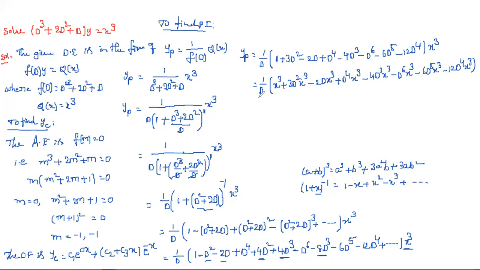And do you know the value of d? D is nothing but d by dx, right? So it means simply, first you can write the derivative of x cube. If you apply one time derivative, what will we get? 3x square, right? Next, d square x cube means 2 times derivative. If you apply derivative again for this, what will we get? 6x. And next, 3 times derivative.